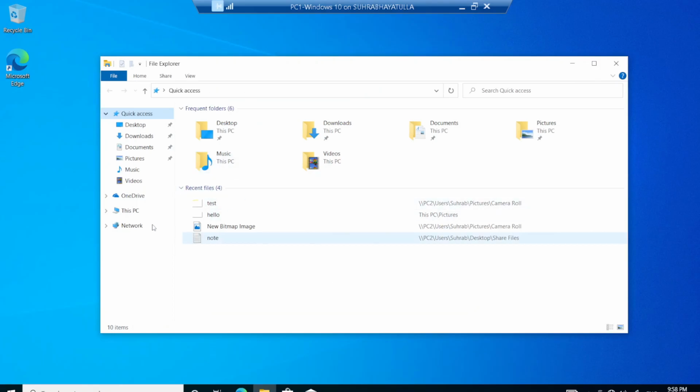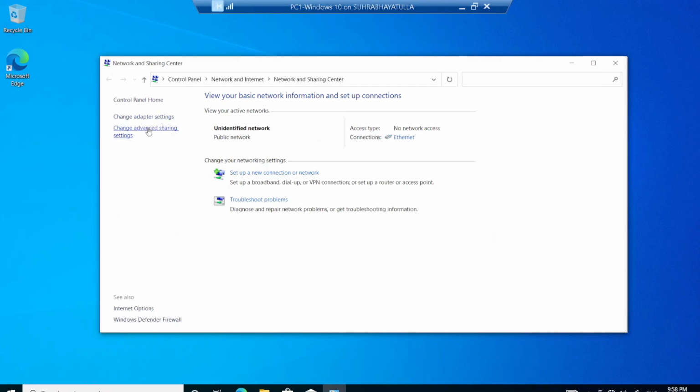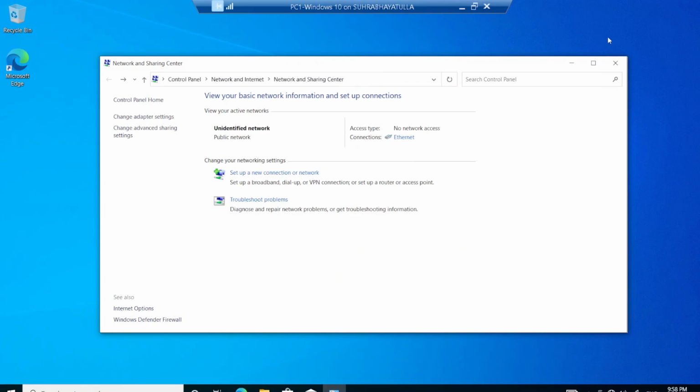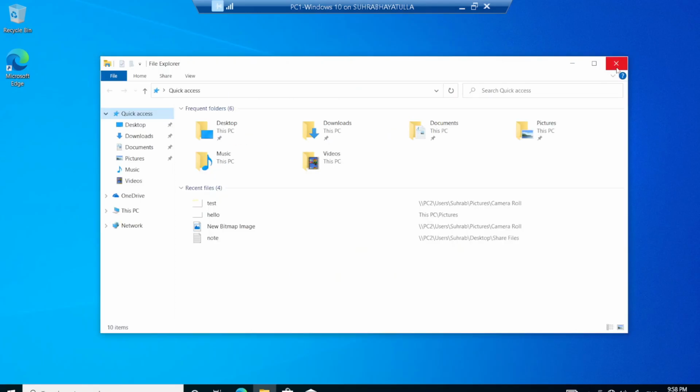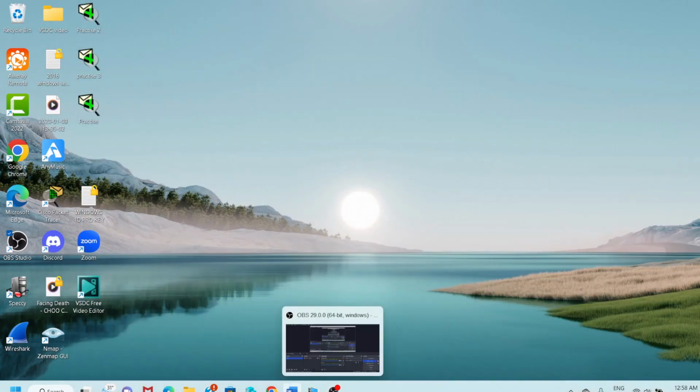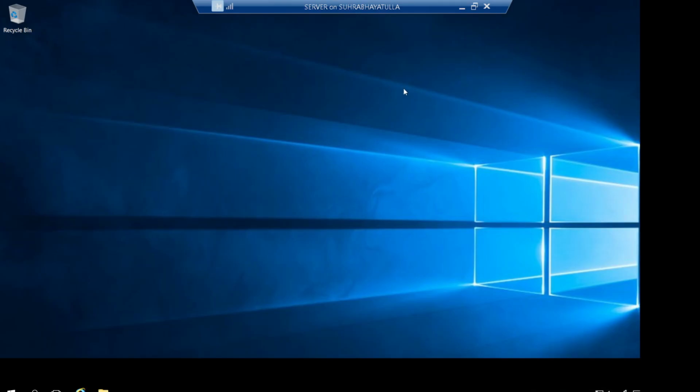Oops, sorry, we missed one thing. And advanced sharing, try to turn on all these settings. Cancel. Cancel. So I'm all good. When we come to the server,